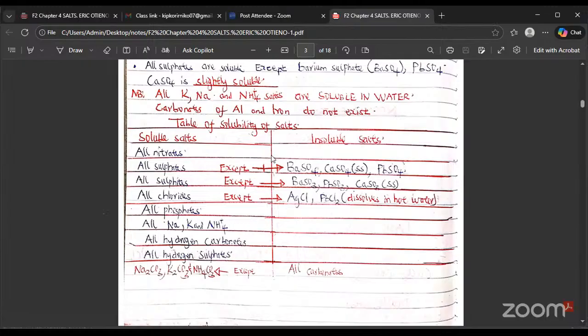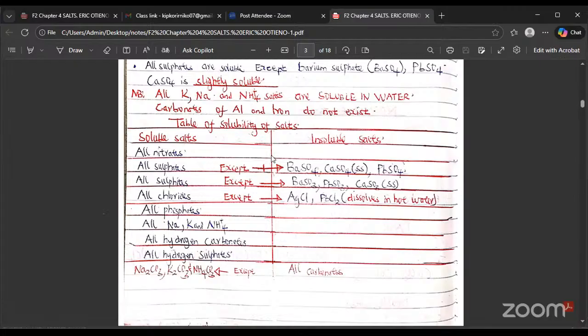Now, that is why I was saying barium is normally used to test for sulfides and sulfates, if you can see. So this one has included sulfides, we have chlorides, we have phosphates. As you can see, now I'm saying the only ones that we deal with in Form 2 are the 4. But we have other salts. That is what I said. We have other salts. We have hydrogen carbonates, which is a salt, hydrogen sulfates, which is also a salt. All of them